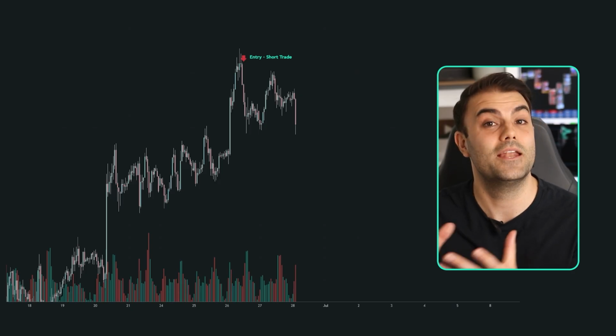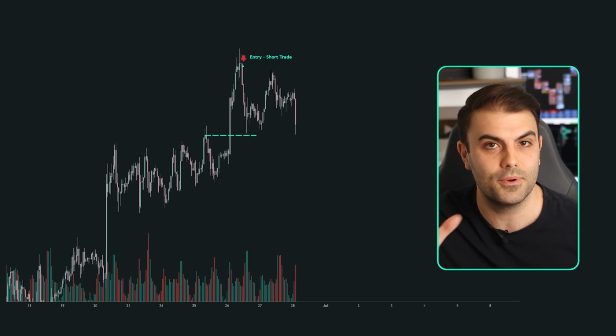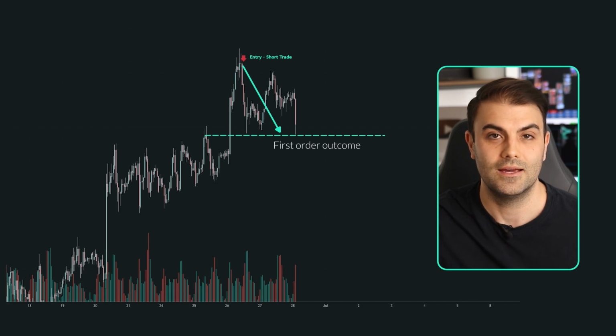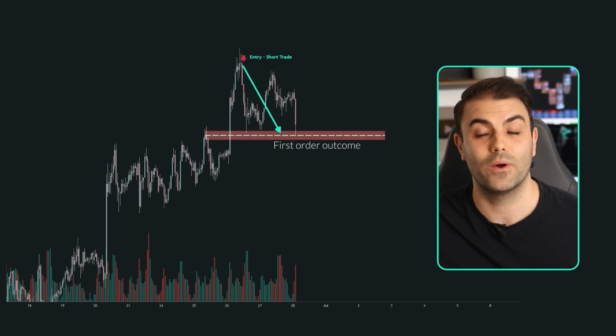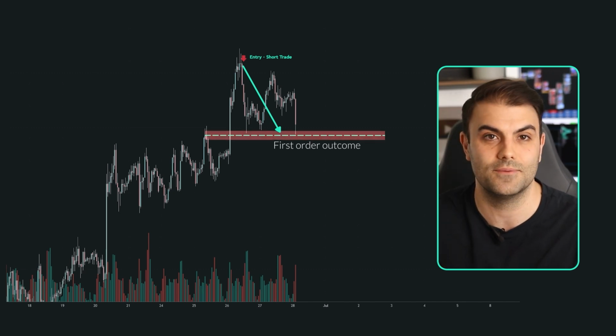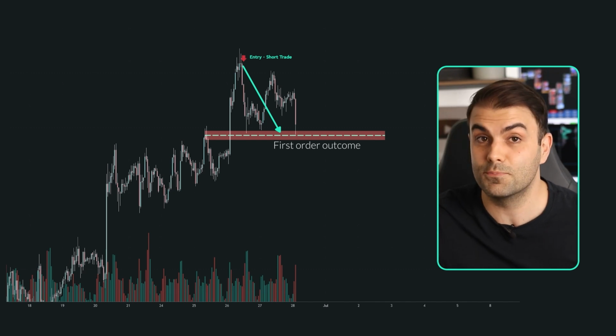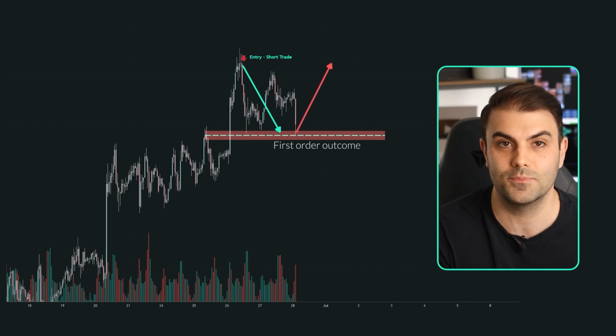So let's say I'm in a profitable trade and the price has completed the first order outcome. I know that this is an area where there's likely to be a shift in activity, which means there's a higher risk at this point that the price may move against me. So at this point, the action I take will differ depending on whether I've chosen a defensive or offensive approach